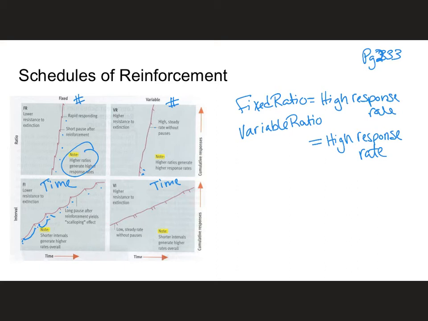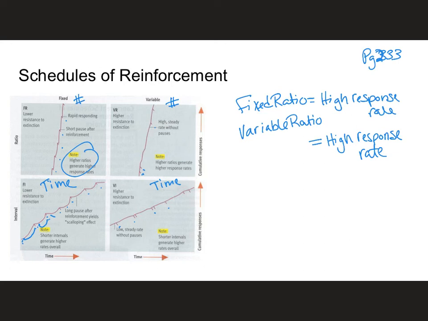Now, if you do a variable interval, meaning that you get your reinforcement after a varied amount of time, we find that there really aren't as many pauses. Because you don't know really when it's coming, the pigeons would still respond. They're not going to respond as high as they would in the ratio, but they're still responding. So there's not as many pauses in between. So what we do know is that fixed ratio and variable ratio are going to give you your highest response rates, versus the interval schedules.